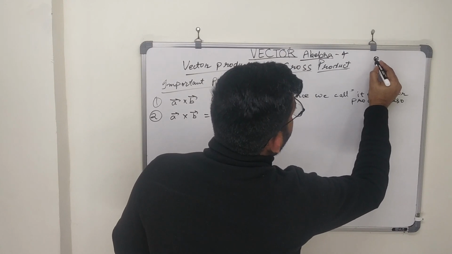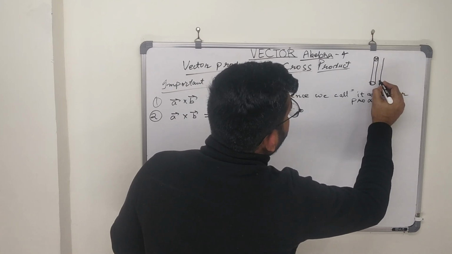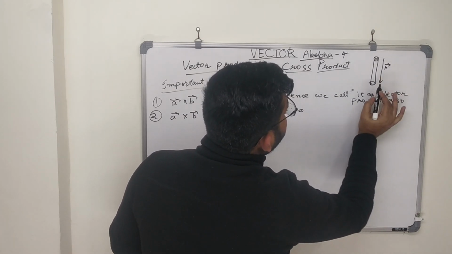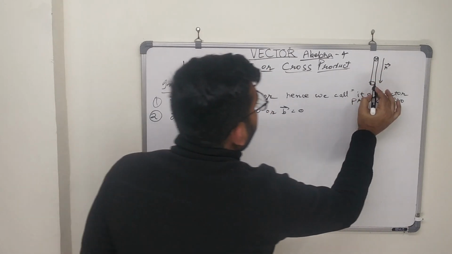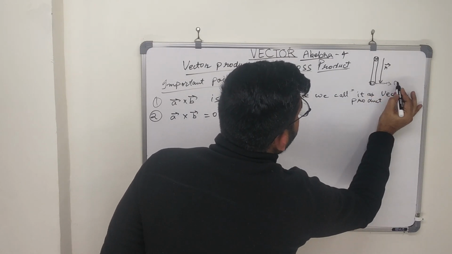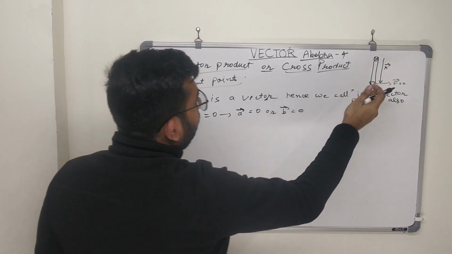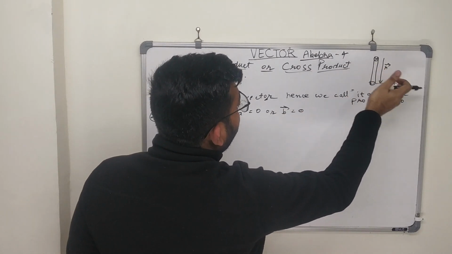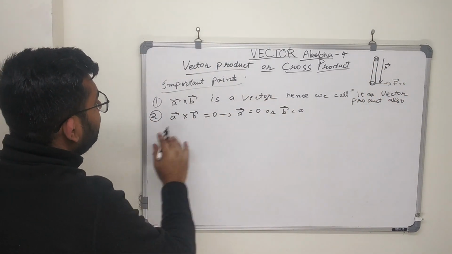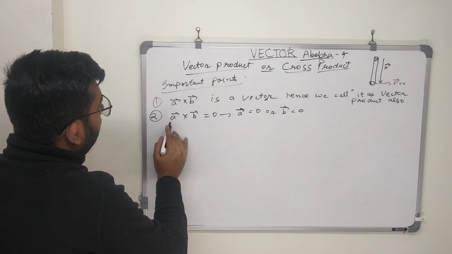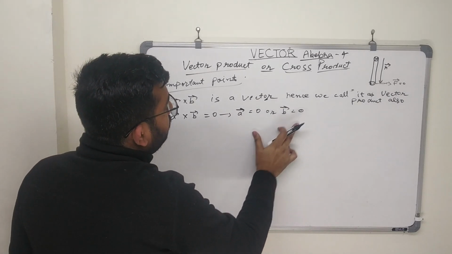That is, suppose that this is the rod suspended at this point and this is the r vector. मान के चलिए यहाँ पे हम कोई फोर्स अप्लाई नहीं कर रहे हैं, तो then there will be no torque in that case. Suppose that if force is 0, so in that case there will be no torque. So but torque is equal to r vector cross f vector. If f is already 0, so torque will not be applied. So by this you can also understand this, that a vector cross b vector will be equal to 0 if a vector equal to 0 or b vector is equal to 0.